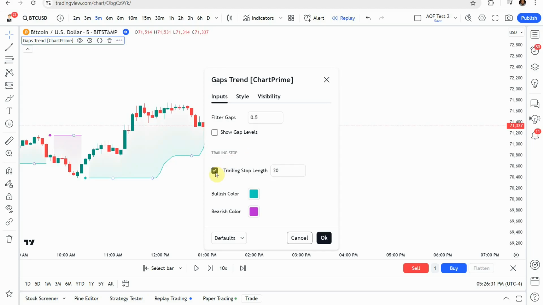They explained that you can bump up the length of the indicator and it will help smooth things out and knock out some of that noise. So I went ahead and bumped the length up to 20. I feel like any more beyond that, I'm not sure how well the indicator is going to work, in general, if you have to bump up the length significantly. So we're going to bump the trailing stop length to 20